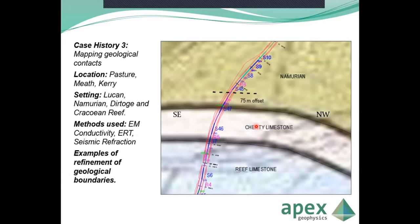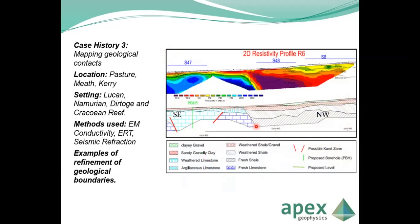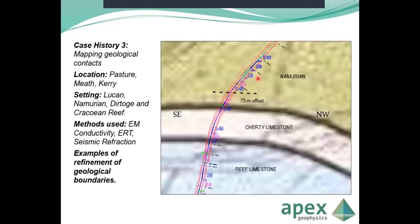And this is a similar example from Kerry, where we've reef limestone and Cherty bioclastic limestone transitioning into Namurian shales again, and similar resistivity and seismic data. And again, we can see quite a clear boundary here, clear change. We have the seismic data, which tells us we're in rock here. And just going back to the map for a second, we see the actual location of the boundary. The black dashed line is about 75 meters offset from the actual geological map. So again, on a regional